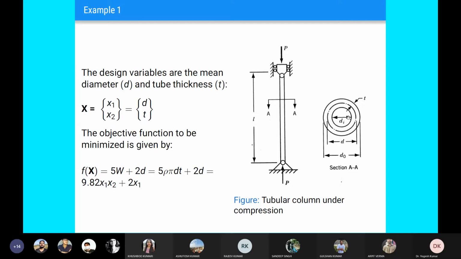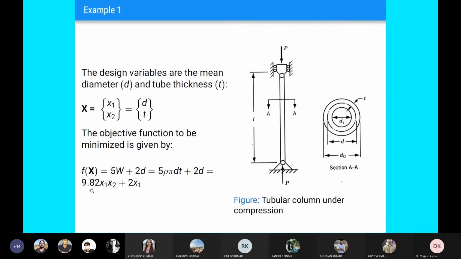These two were the design variables in the design of this tubular column. We represented these design variables by x1 and x2. X1 corresponded to mean diameter and x2 corresponded to tube thickness. This way we got the objective function f(x) equal to 5w plus 2d, which ultimately came to equal